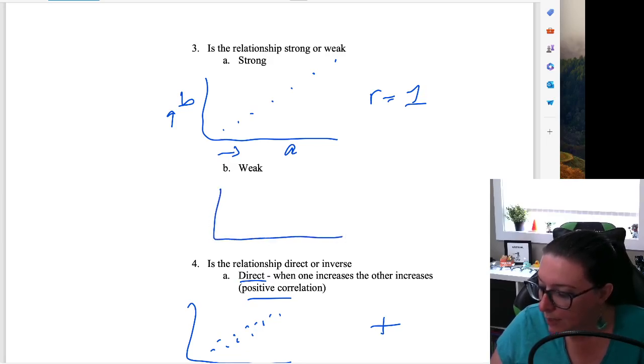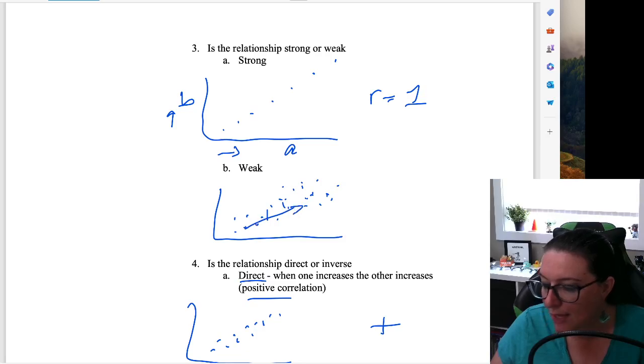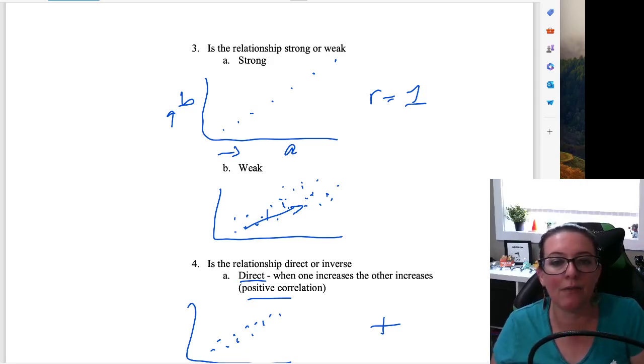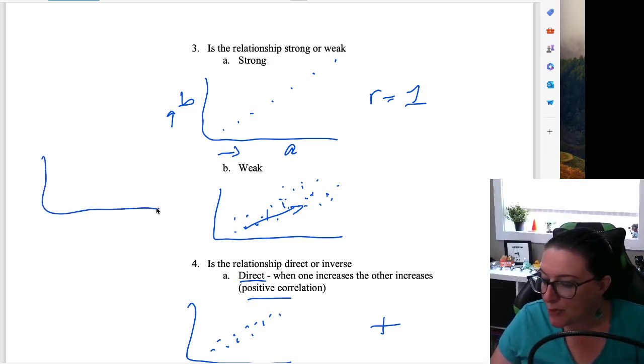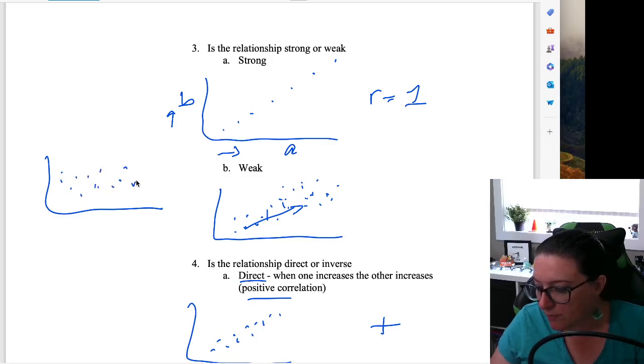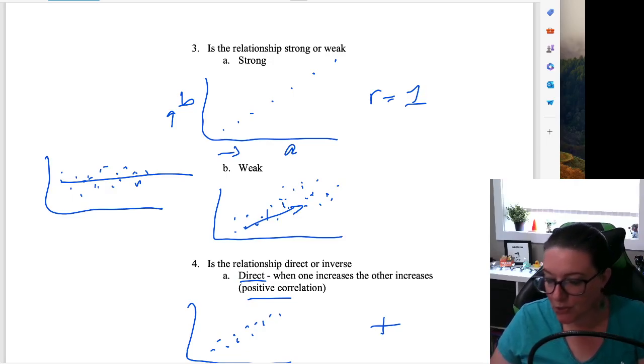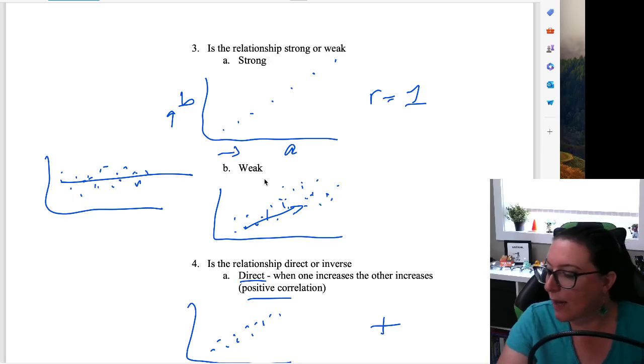A weaker relationship is one that's going to look like a bit more random scatter, but notice it still has that upward trend. So it is going to be a direct or positive correlation, but the more scatter, that variability you have, the weaker it is. Now, if there's no relationship at all, it looks like that random scatter, but it also doesn't have any direction to it. So we look at the direction and we look at the strength as we are looking at our